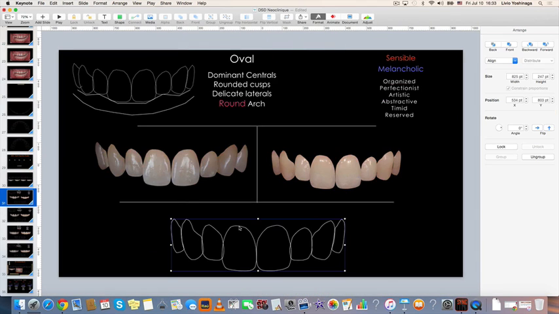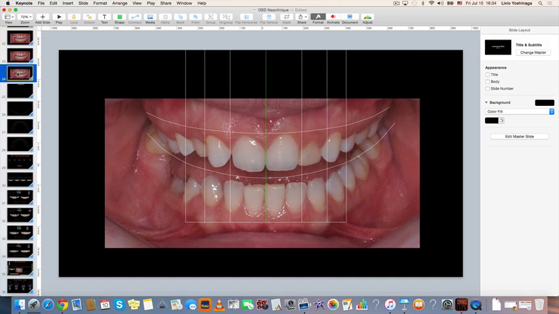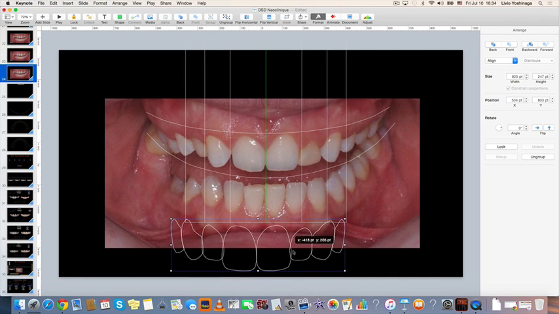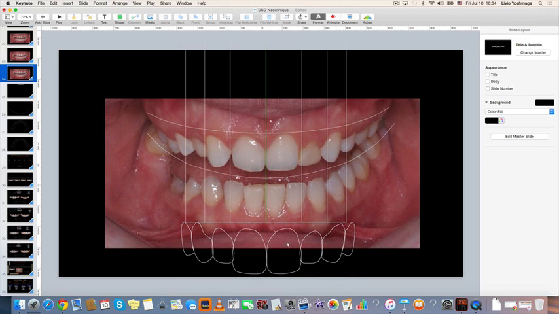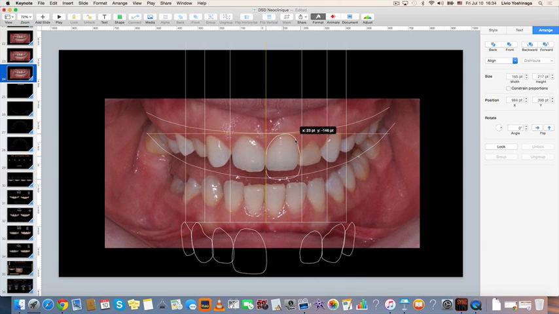Let's change and find this oval shape. That's what she asked us to do. And then we can ungroup and place the new teeth right here. So we can now distort these original teeth because I'm going to adapt this to her smile frame. So it is a customized design, and I have to now adapt all the proportion, all the size, remembering the